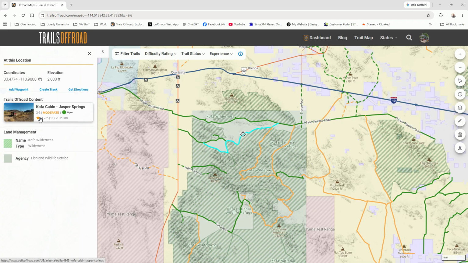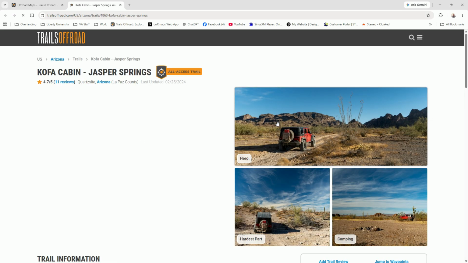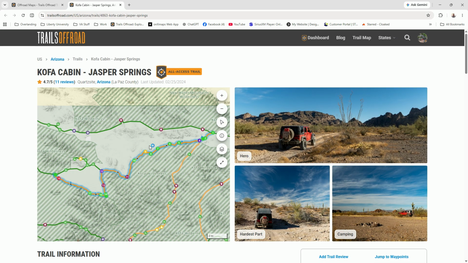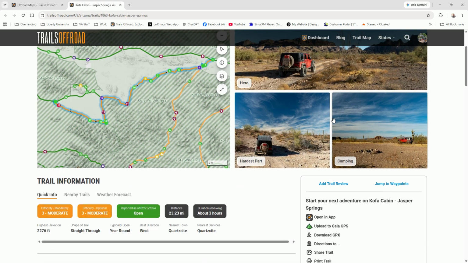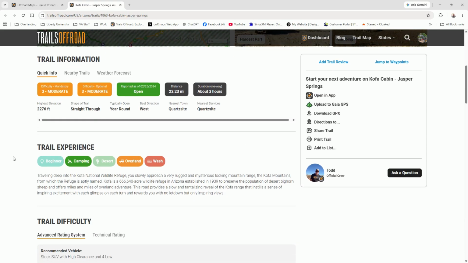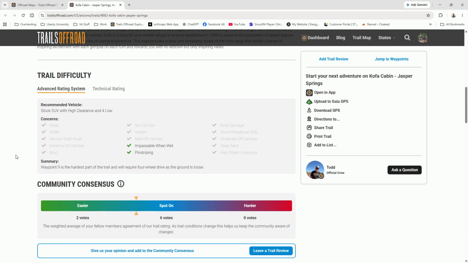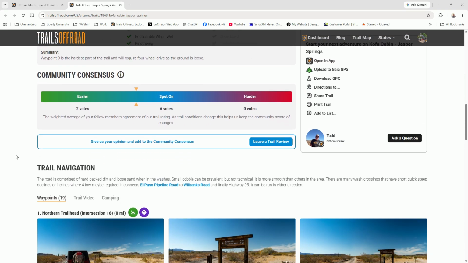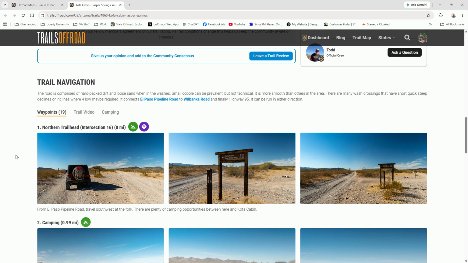If you want to know more about this trail, you can just click on it and it'll take you straight to the trail, and in this trail guide it will show you a lot of information about the trail. It shows you things where you can upload or download into Gaia GPS, download the GPX files and trail experiences and so forth and so on. You could see there's quite a few informational things here, but the thing that I like the most is trail